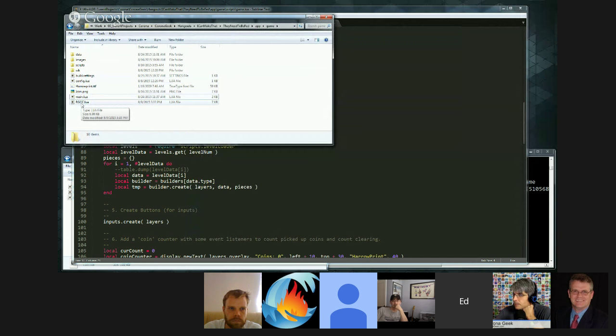RGCC is the Roaming Gamer collision calculator, because I don't want to calculate my own. I don't want to do the math, so I just use a piece of code to calculate the